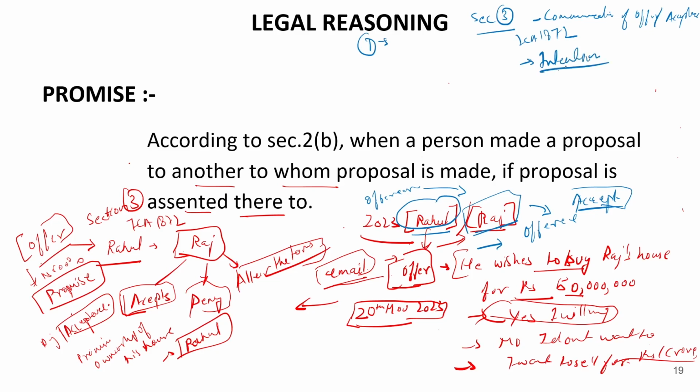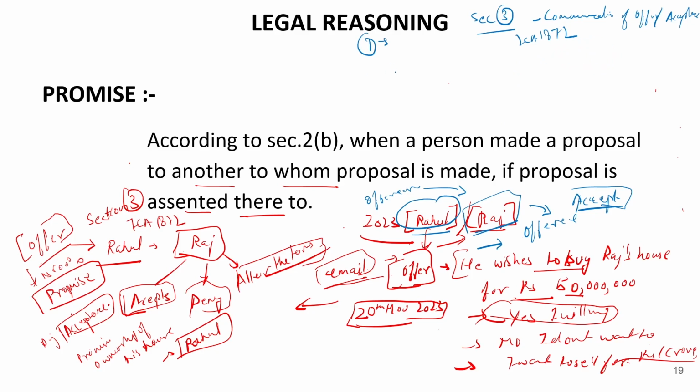How do we show that intention? We show that intention by communicating to the other party that yes, it is my intention, or I have the willingness to do this particular act, so that I can get something in return from you if you have the willingness and the interest to do that particular act. So that is why the intention that we are going to study in section 10 also becomes very important.